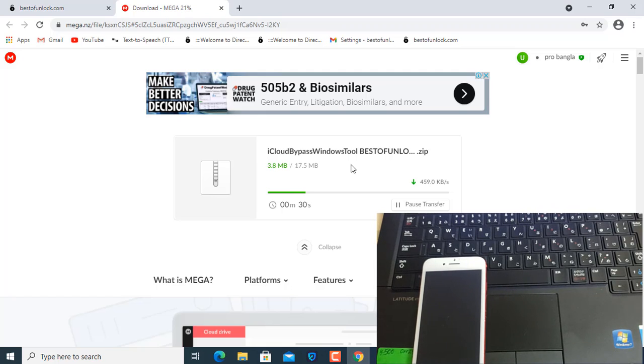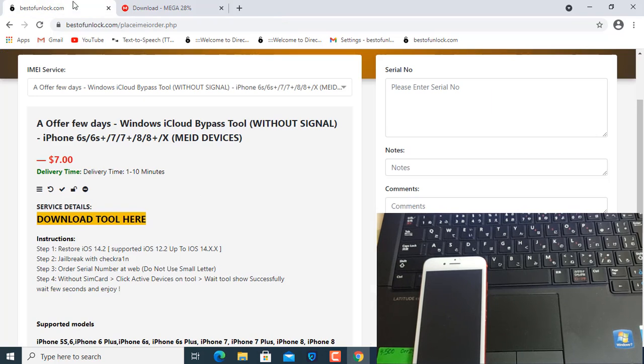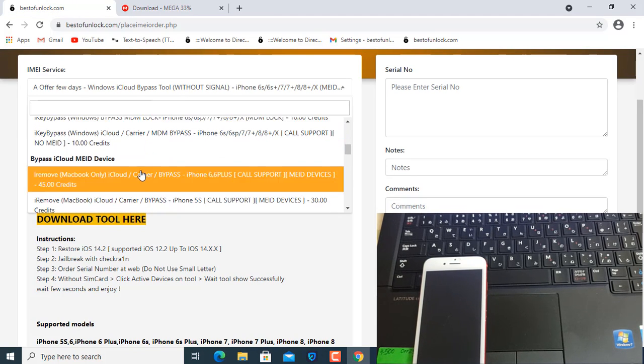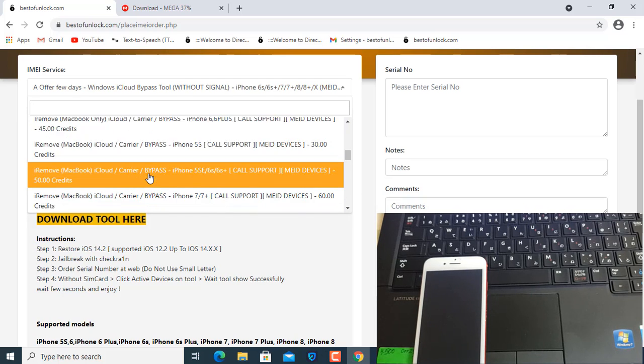GSM devices support call support, and MDM devices unthread it. If you need call support, you can activate the CL number from here. The prices are different.